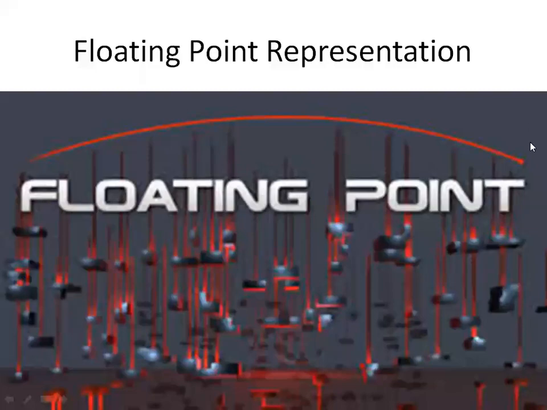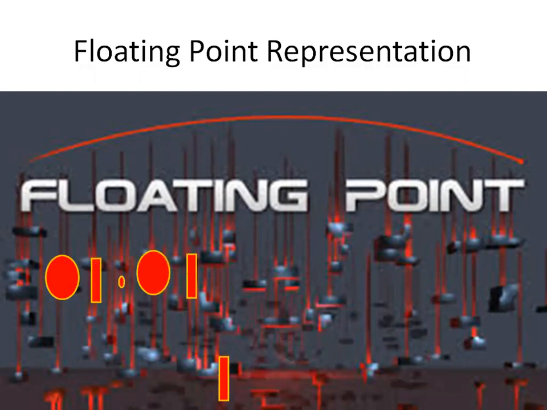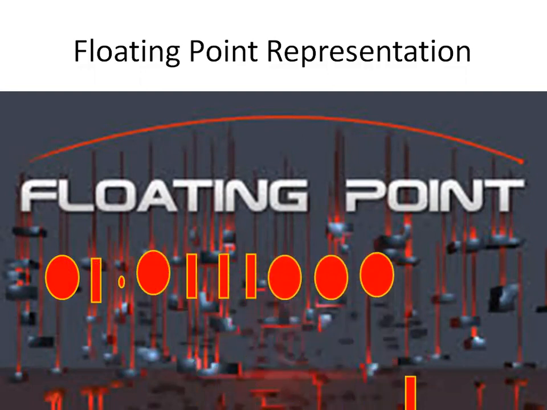Dear students, in this video, we are going to discuss floating point representation. Floating point means it has the radix point in the number. So here we are going to discuss binary number floating point representation. It consists of strings of zeros and ones. In this binary number, we have a radix point. So we can say it is the binary number floating point.